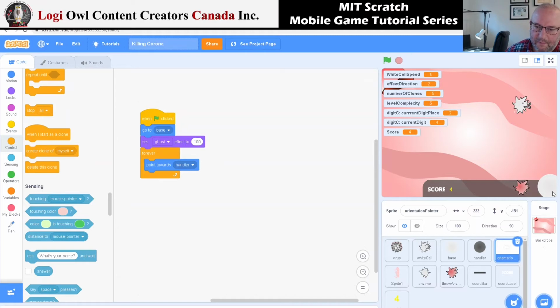So if it is moving, we want to change. If it is turned back, we want the orientation not to be affected. So let's go back to the orientation code. So we are saying point forever toward handle, but what I will do, I will say if